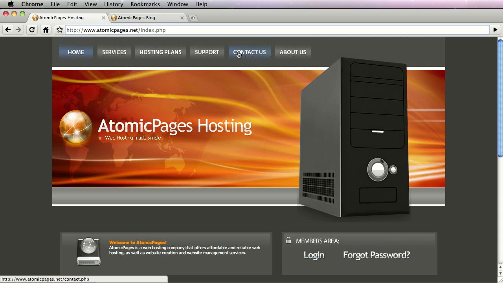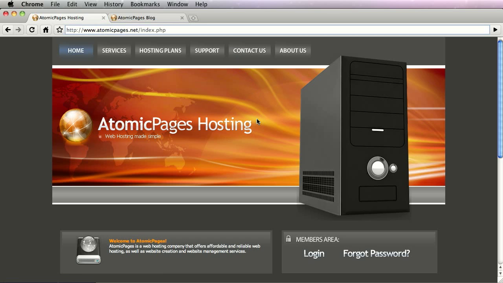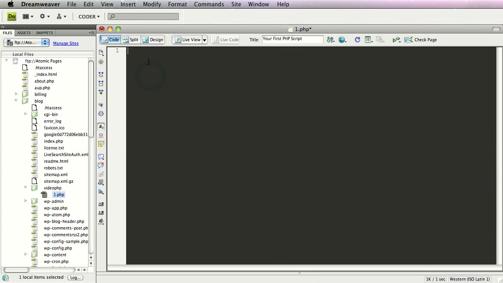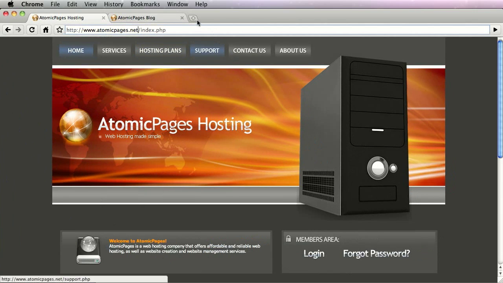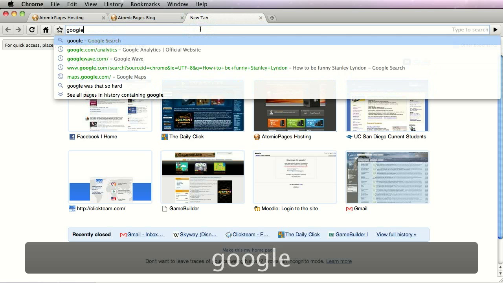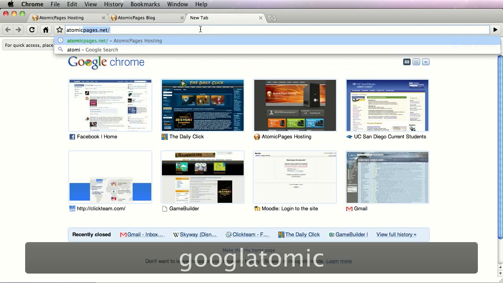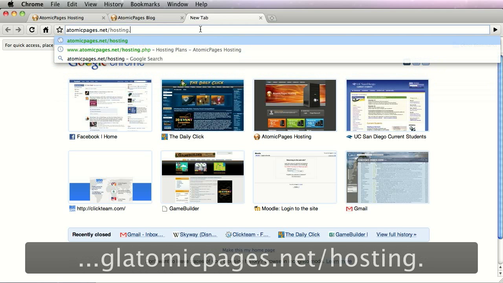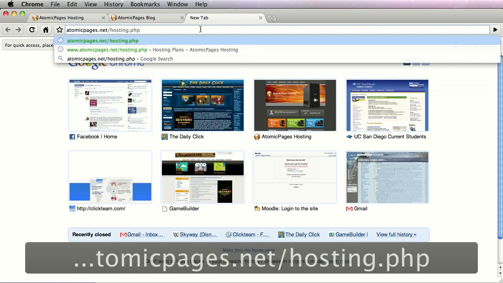First thing to know about PHP is that it's a server-side scripting language, and that means all your PHP code is going to be executed on the server. So when you go to your web browser and type in the URL with a .php to call a .php page, then what happens is